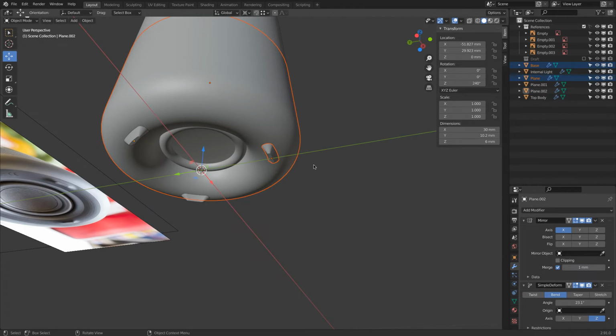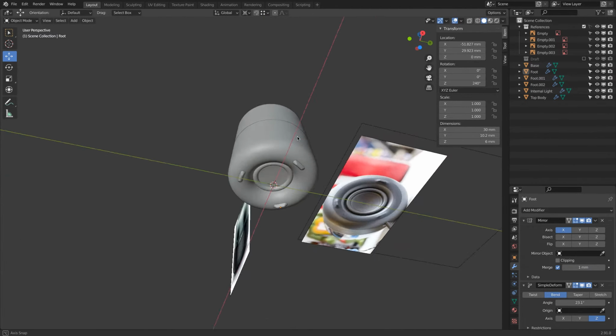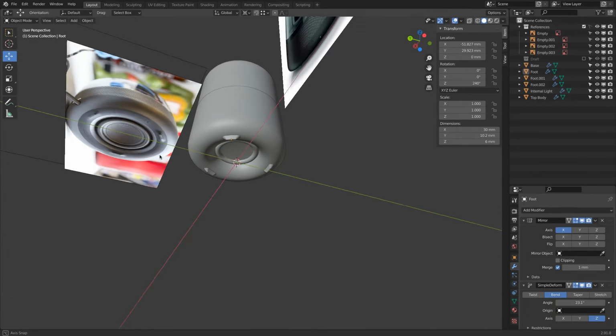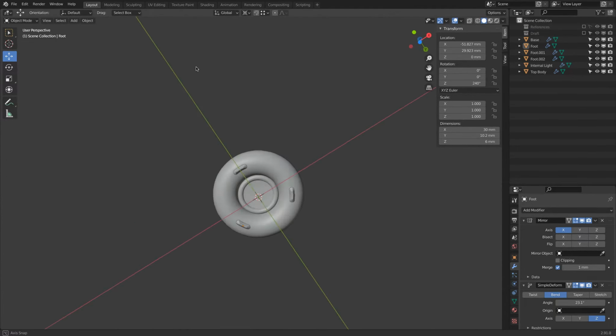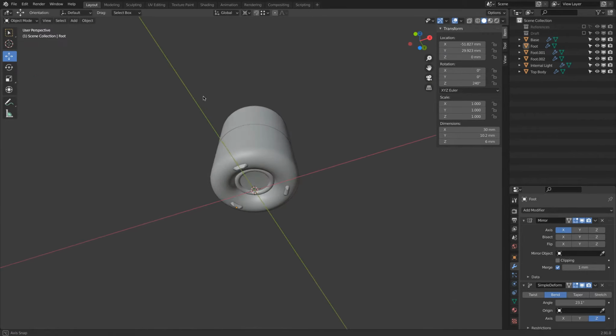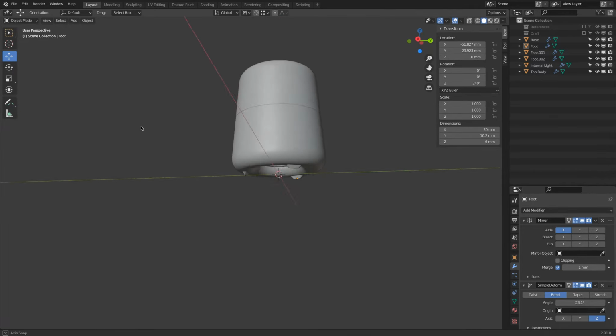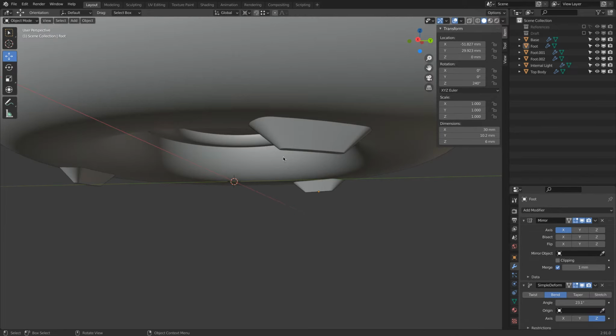So we can call this one here foot. And we call this one foot. And we call this one foot. Very good. So there we actually very quickly modeled a speaker that actually looks pretty close to the actual object because we did actually an